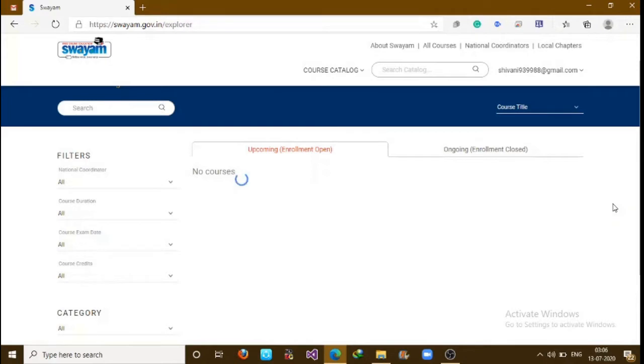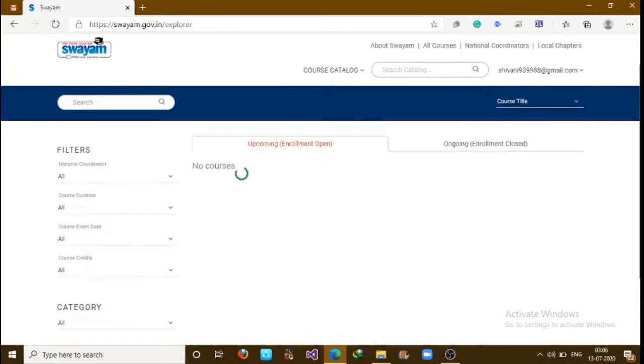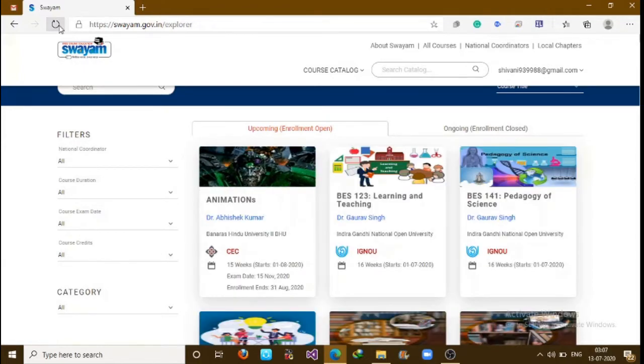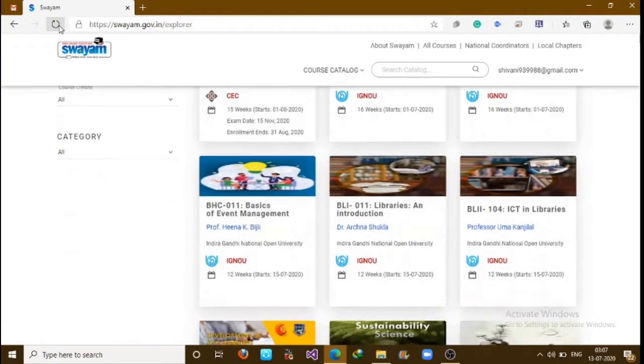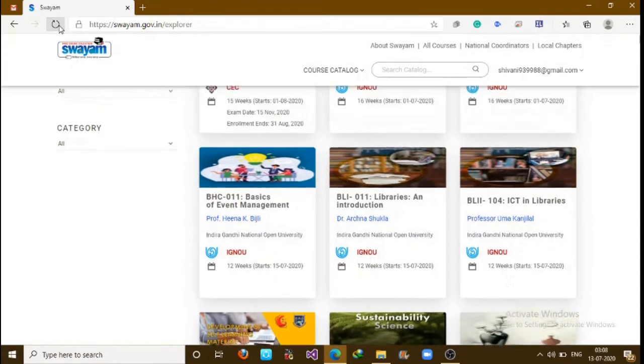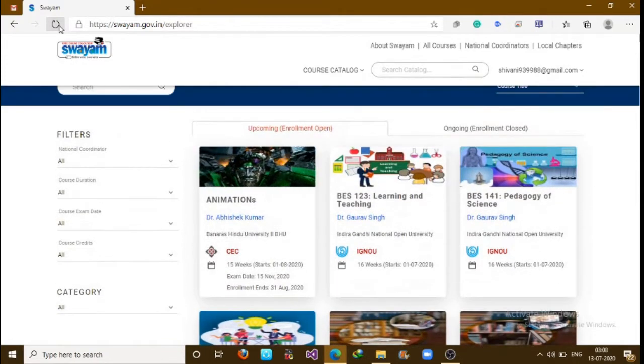The list will appear. This will take a little bit of time because the list is so long. Yes, now the list has appeared. This list is so long, you would have to go through lots of courses. So for cutting down our list, we can use these filters, which are very useful for us. Let's see these filters one by one.